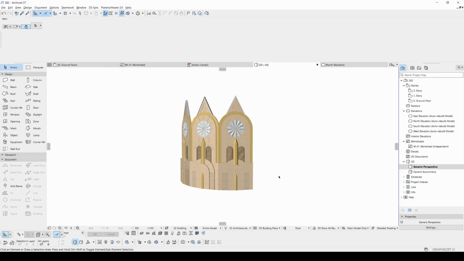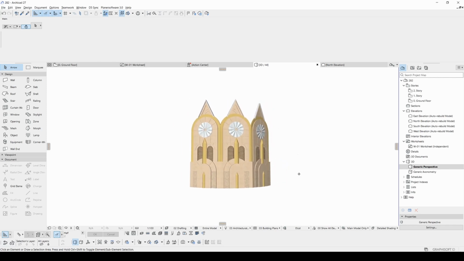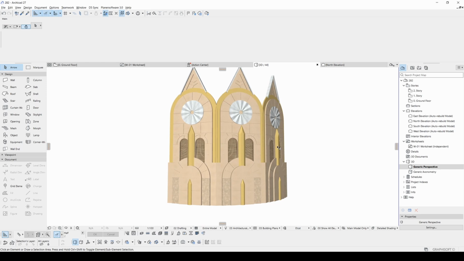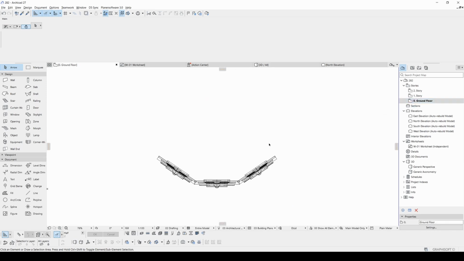Alright, here we are in ArchiCAD and this is the model we are going to get in the end. As you can see, this model is very complex, and as you can realize, very hard to model with basic doors and windows. So we are going to follow another way. To get a model something like this, first we need to sketch a drawing for preliminary. Therefore, I have created a preliminary work for this tutorial. We can see it under the worksheet.